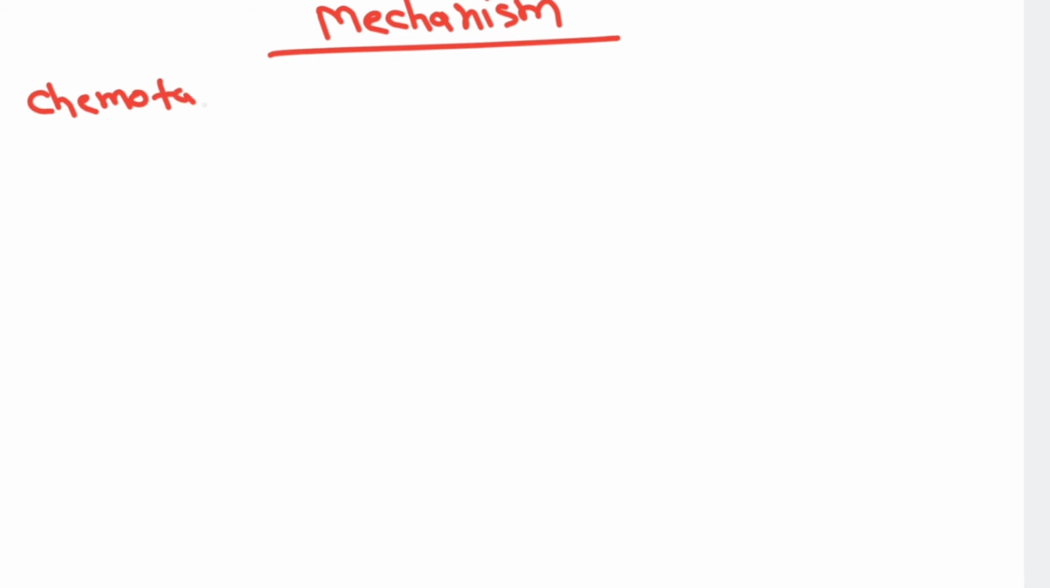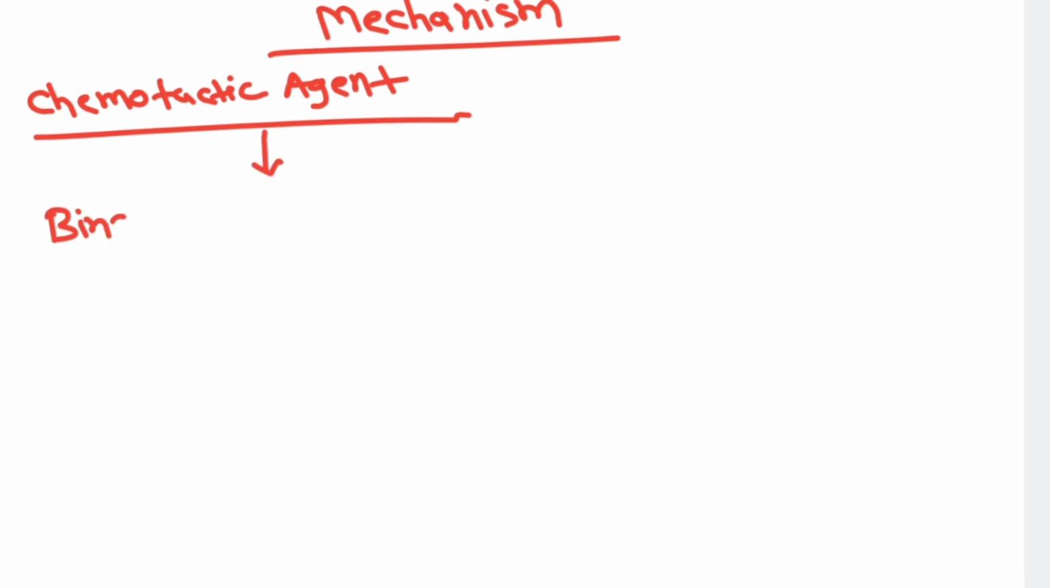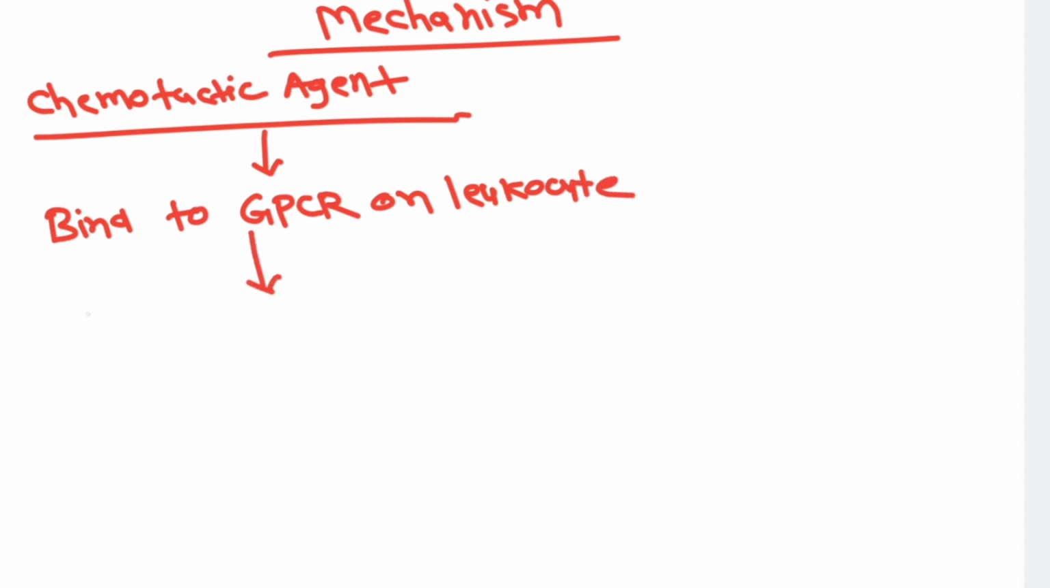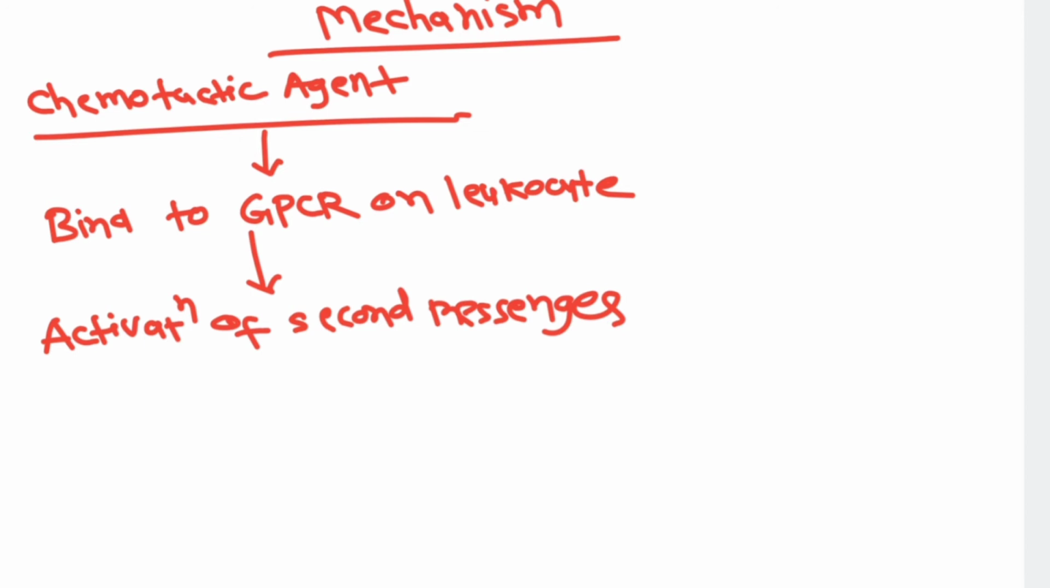So the mechanism is as follows. The chemotactic agent, any exogenous or endogenous chemotactic agent, will bind to the leukocyte by a receptor. There is a receptor over the leukocyte which is a G protein coupled receptor. So they will bind to the GPCR on the leukocyte. Because of that, there will be activation of second messengers in the leukocyte, particularly cyclic AMP, because of which there will be actin polymerization of the leukocyte